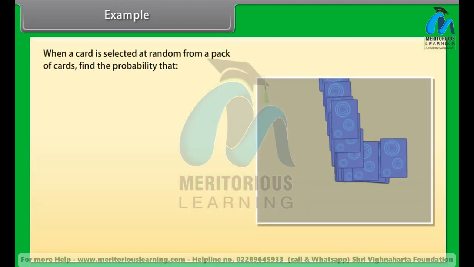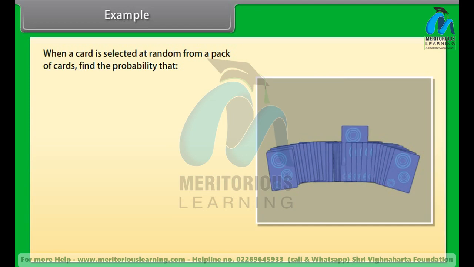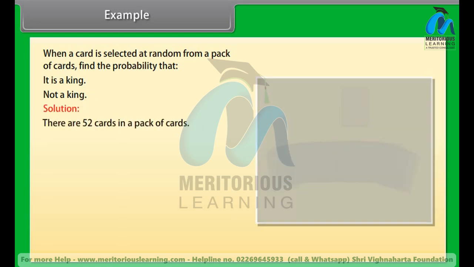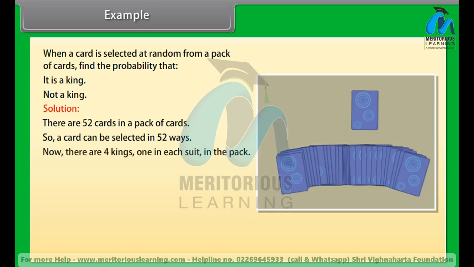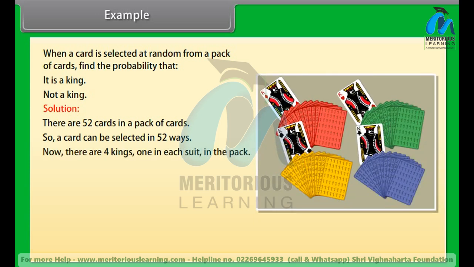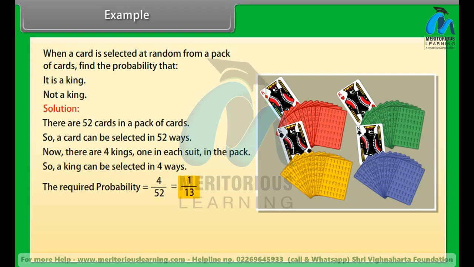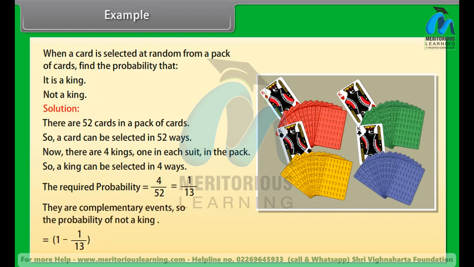When a card is selected at random from a pack of cards, find the probability that it is a king or not a king. Solution. There are 52 cards in the pack of cards. So, a card can be selected in 52 ways. Now, there are 4 kings, 1 in each suit, in the pack. So, a king can be selected in 4 ways. The required probability is equal to 4 by 52 is equal to 1 by 13. They are complementary events, so the probability of not a king is equal to 1 minus 1 upon 13, which equals